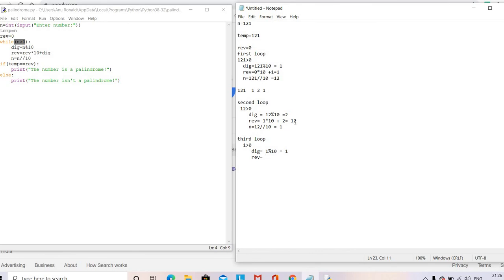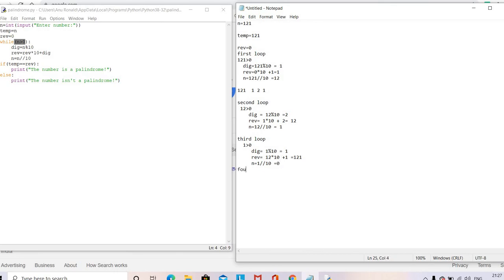The current value of reverse is 12. So 12 into 10 plus the digit value 1, you got the answer 121. And n becomes, what is the current value of n? 1. Integer division by 10, so you got 0. So we got the value 0.